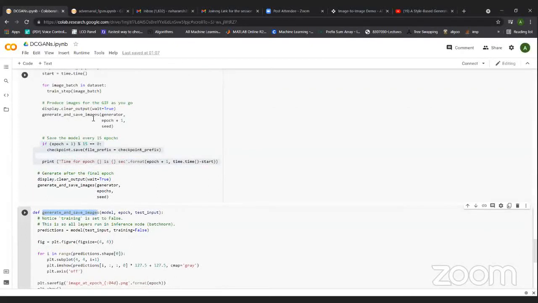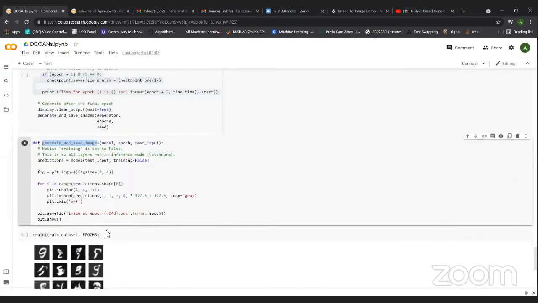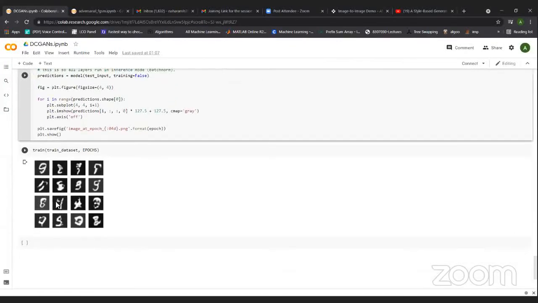Here we call the function. Here you can see, and this is how we are going to show and train. So after 15 epochs, if you train for 15 epochs, we will get this kind of generated images. Here you can see we get this is 9. Although these are not good, you need to train on far more epochs.